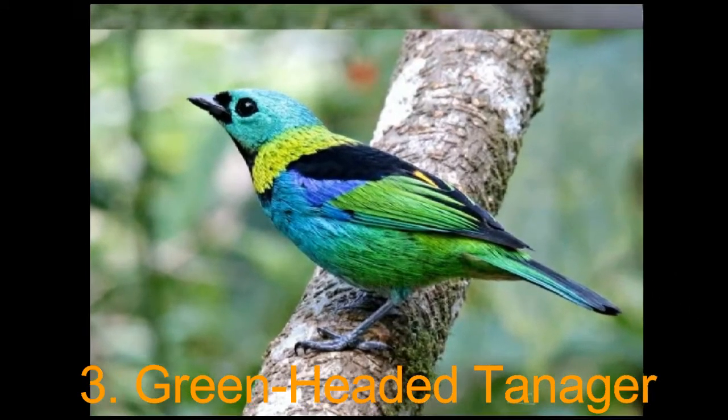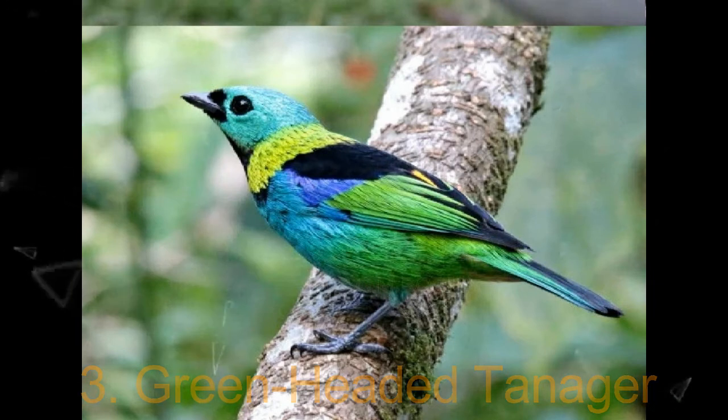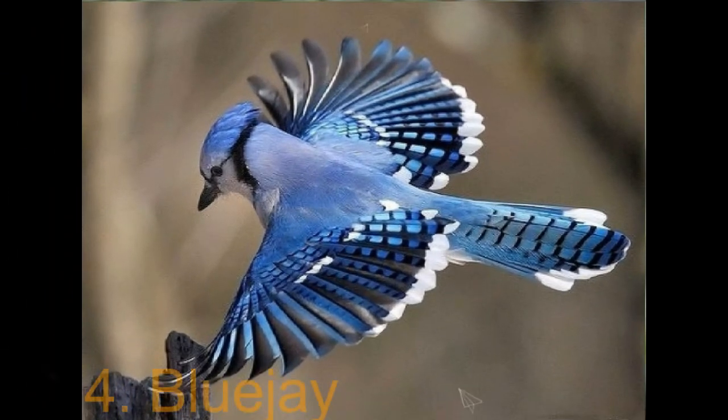Diet. While fruits and insects make up a large portion of their diet, green-headed tanagers also feed on small insects like ants and caterpillars. Fun fact. These birds tend to hang out in flocks of up to 20 individuals. Sometimes several species of tanager may intermingle in the same flock. Number 4. Blue jay. Habitat. These classic corvids can be observed in the central and eastern US as well as eastern